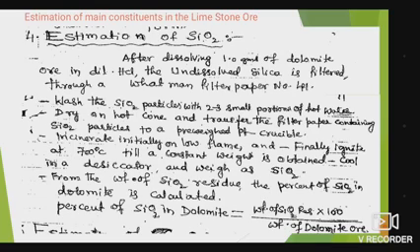From the weight of SiO2 residue, the percentage of SiO2 in dolomite is calculated with the formula: percentage of SiO2 in dolomite is equal to weight of SiO2 residue into 100 divided by weight of dolomite ore. So, how will you estimate the SiO2 present in the given dolomite or limestone ore? After dissolving 1 gram of the dolomite ore in dilute HCl, the undissolved silica is filtered through a Whatman filter paper number 41. Wash the SiO2 particles 2-3 times with a small portion of hot water.